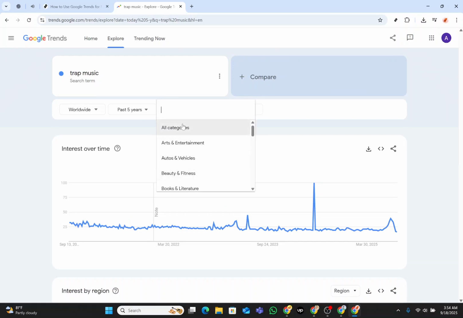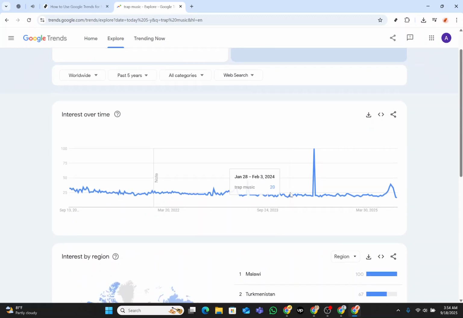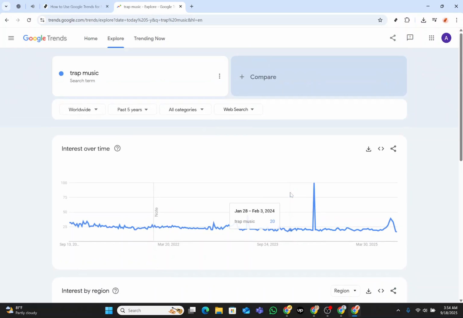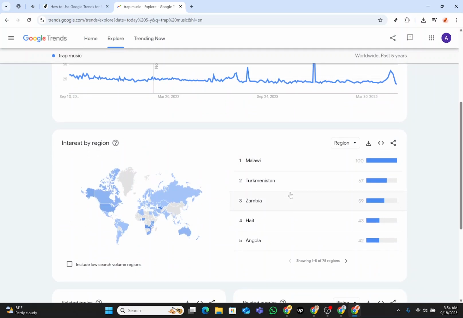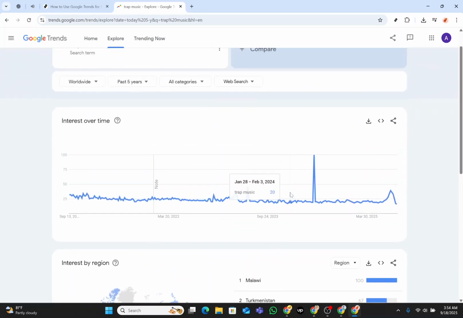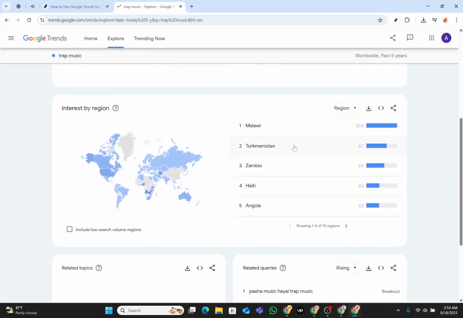As for categories, delve into areas like video games if your work crosses into those boundaries, as crossover interests can be quite telling. Take a look at the interest over time chart. Here you can identify recurring peaks. For instance, maybe EDM sees a spike during the summer, or ballads rise during holiday seasons. Find those peaks and plan to release just before an anticipated rise in interest, so you catch the wave at